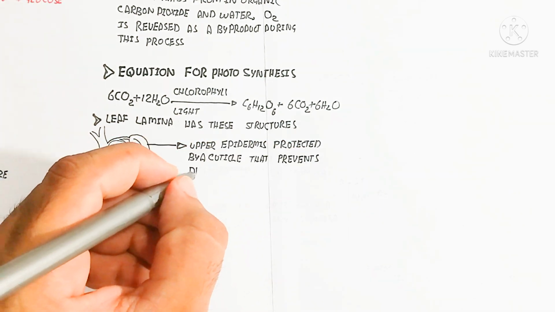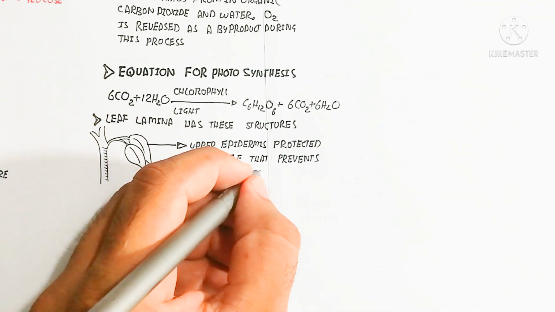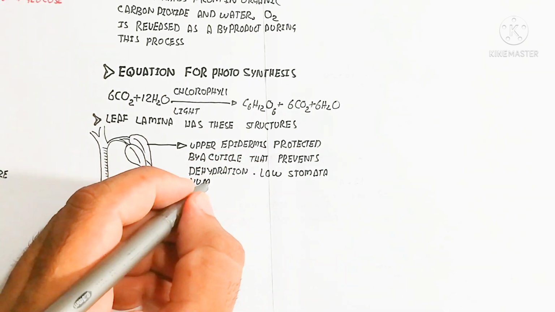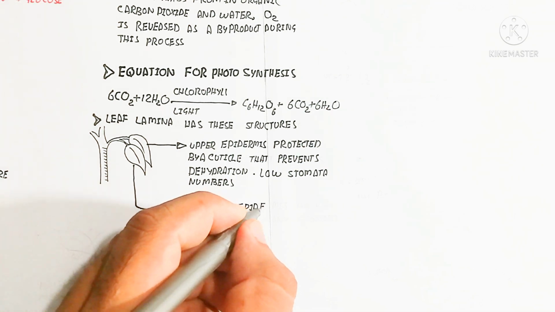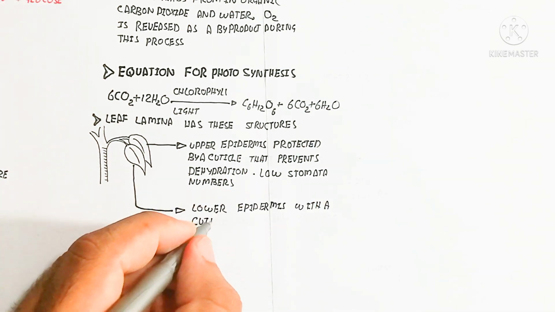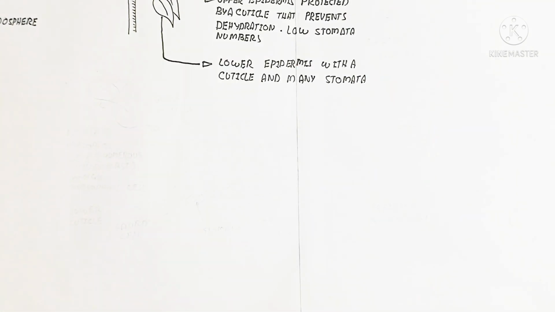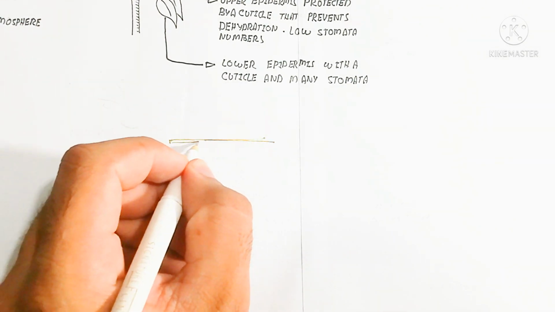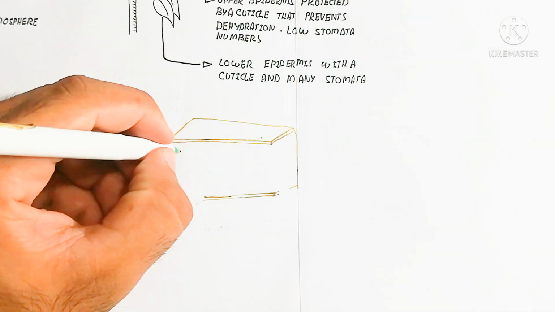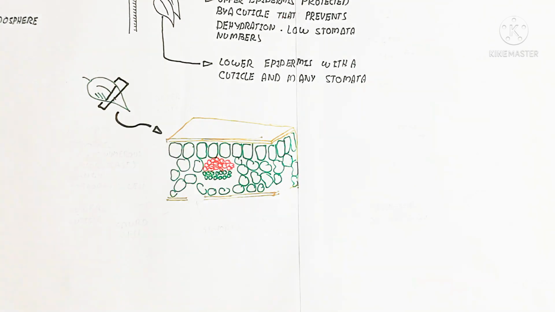So next we will discuss the leaf lamina and its structures. The leaf contains a lamina. An increase in the leaf surface area means an increase in photosynthesis. That is why desert plants have thin, needle-like leaves, because water requirement is a factor and water is low in such regions. The upper epidermis is protected by a cuticle that prevents dehydration. There are fewer stomata in the upper region, but more in the lower.